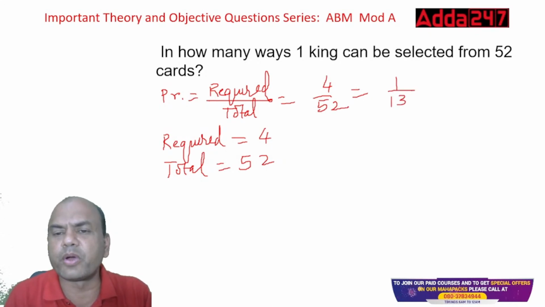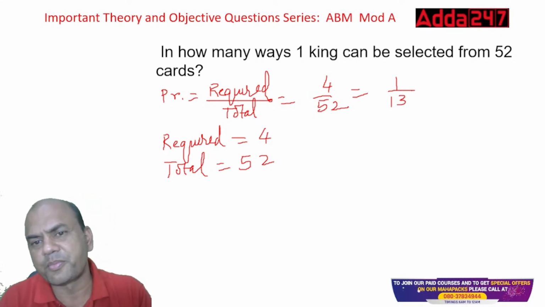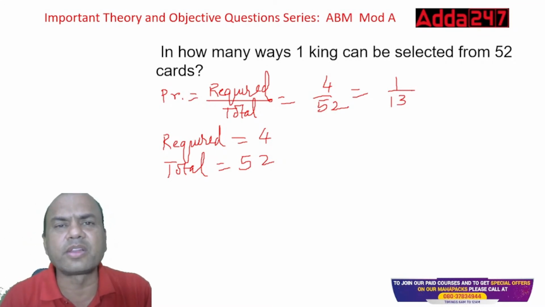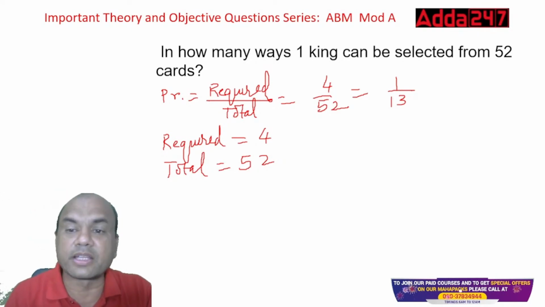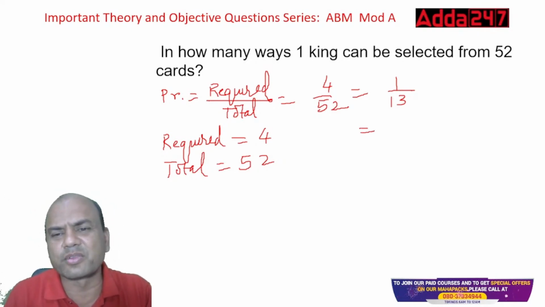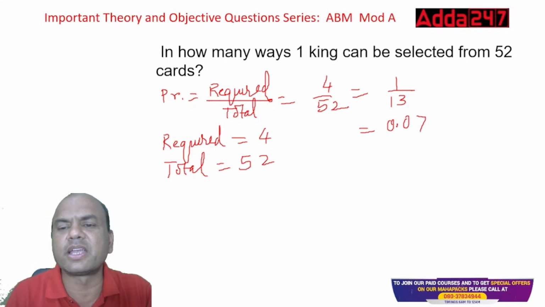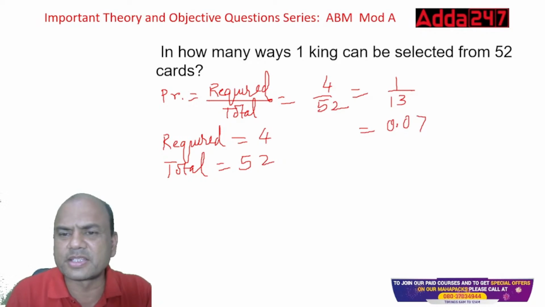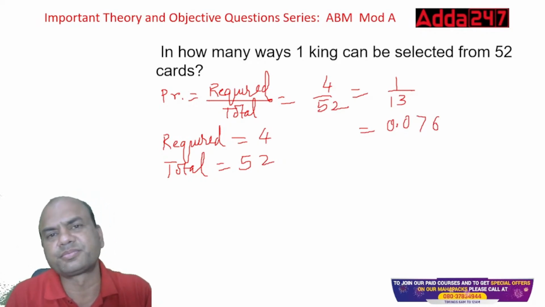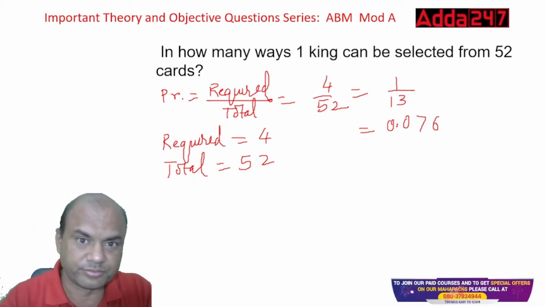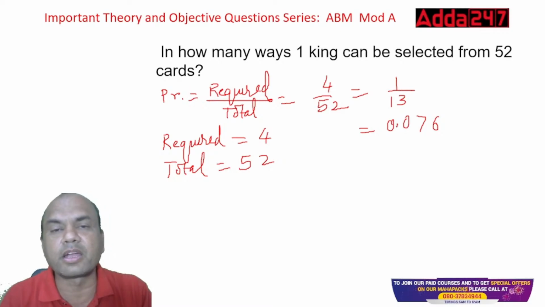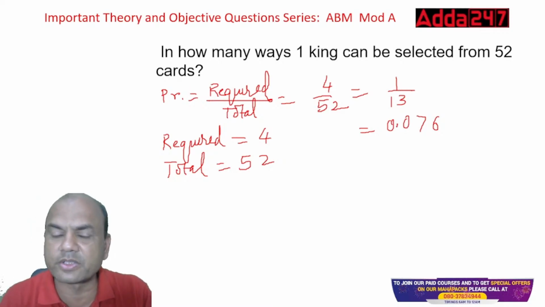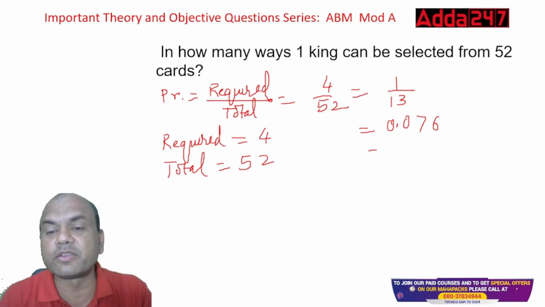So you can find it in points or keep it this much also. In the exam, you divide 1 by 13 and you'll get the answer. Okay. So if you want, we can divide it also. 0 point. What is that? 0. And then 100. 13 sevens, 7 is 91. Again 90 remains, right? So 13 sixes are 78. 0.076. Okay. Or you can keep it 1 by 13 also, depending on what is given in the exam. If in the exam they give you 1 by 13, mark it 1 by 13. If they give you this much, mark this. If they give you percentages, then it will be 7.6%.